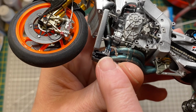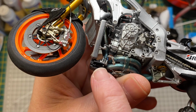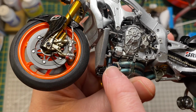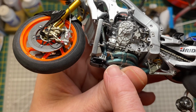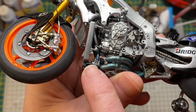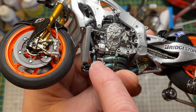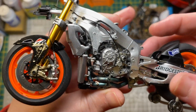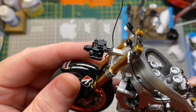Quick tip, I would suggest fit this part in first and then put your oxygen sensors in, because these are very close to each other, should be slightly further apart. So that's one thing I've picked up, is put the oxygen sensors in after you've fitted everything together, then you can get a better angle for them, because that is very close together. And the bit at the front as well, that's a couple of parts,